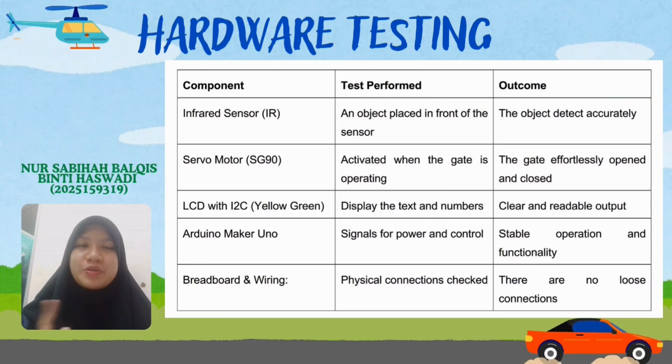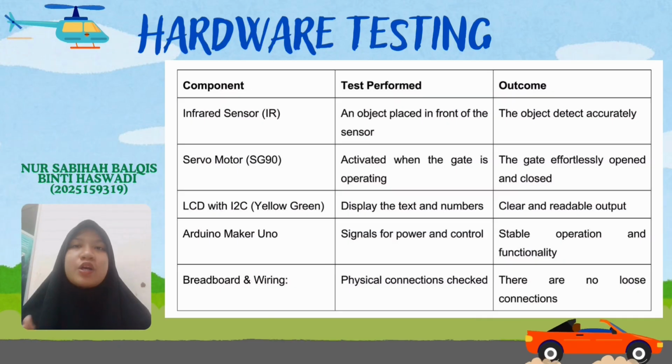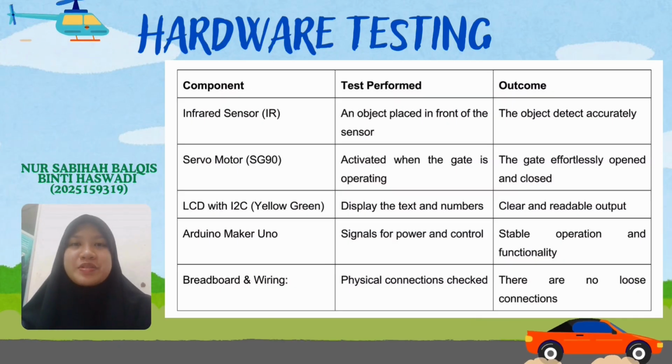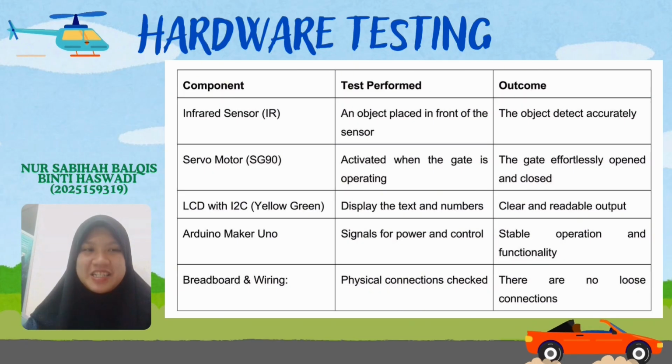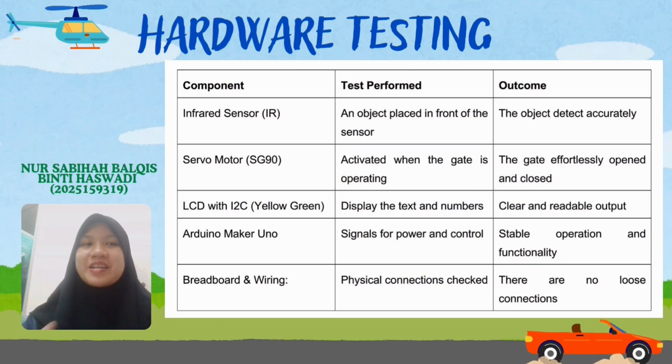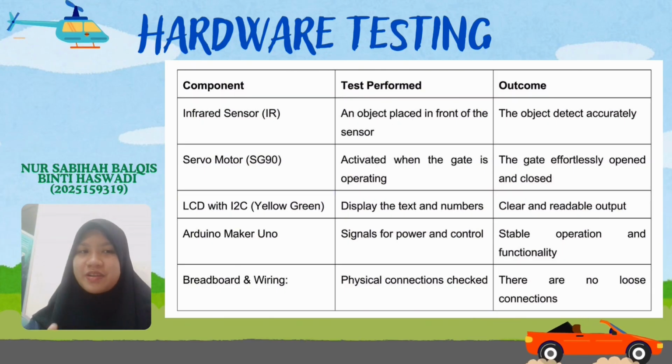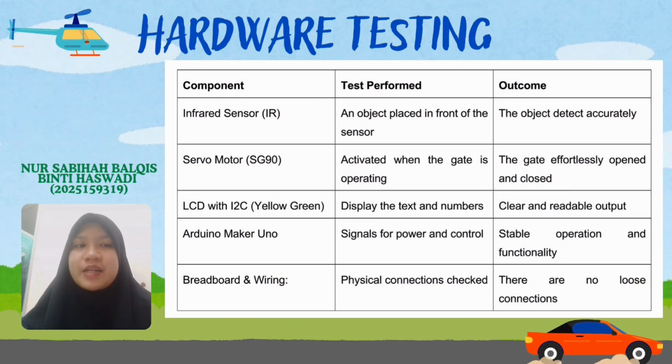The Arduino Uno was tested as the main controller to ensure it could process sensor input and control the system outputs correctly. In addition, the breadboard and wiring connections were tested to ensure secure and stable electrical connections between all components. No misconnections or power interruptions were observed during testing. Overall, the hardware testing results show that all components operated correctly without any malfunction when tested individually and during full